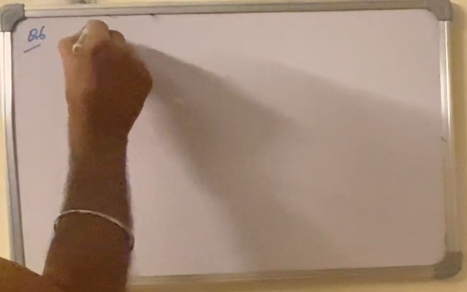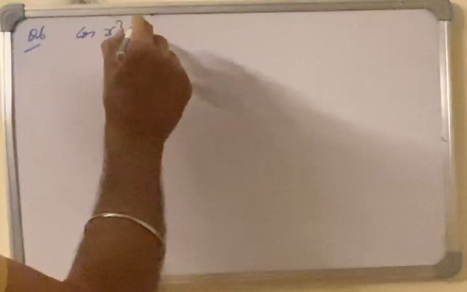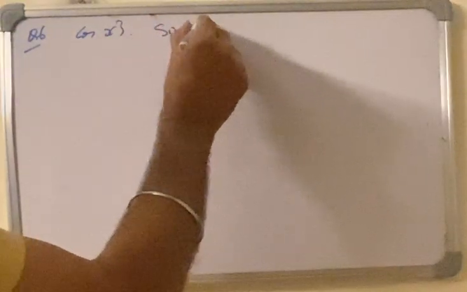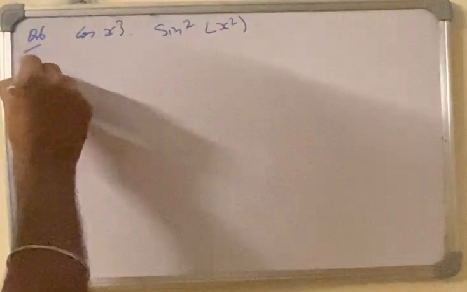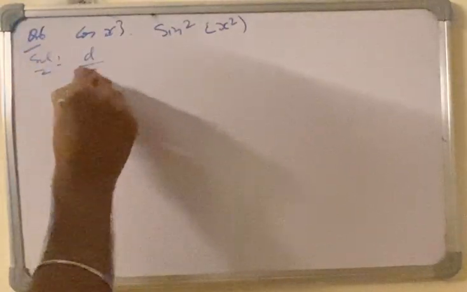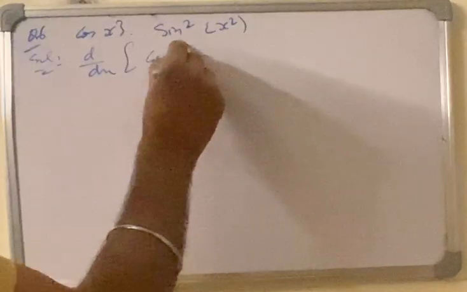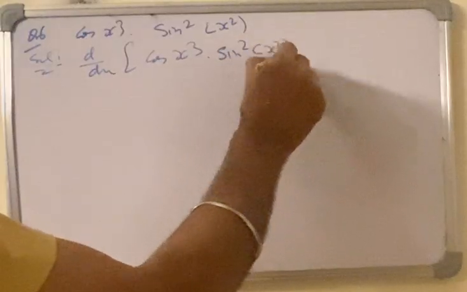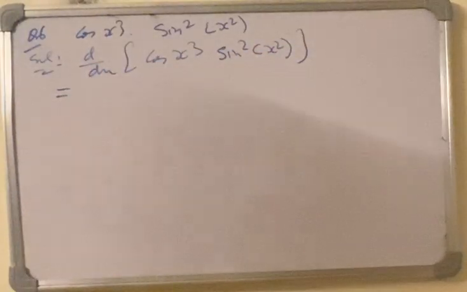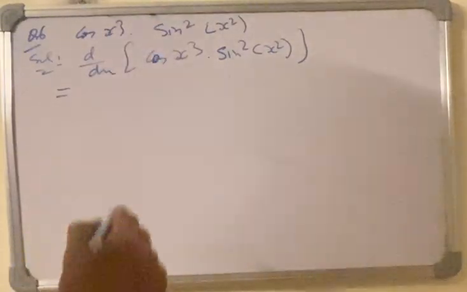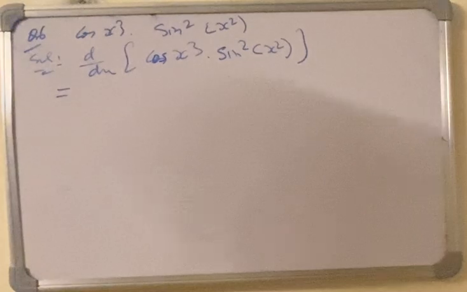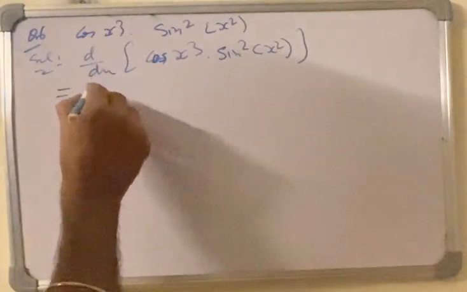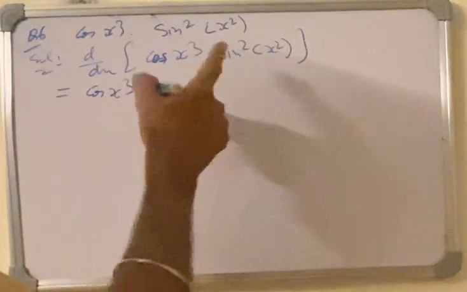Cos of x cube into sin square x square. Solution: d by dx of cos x cube into sin square x square. Here we shall apply product rule of differentiation. As we have already done, product rule is d by dx of uv is equal to u into derivative of v plus v into derivative of u. So this is cos x cube into derivative of